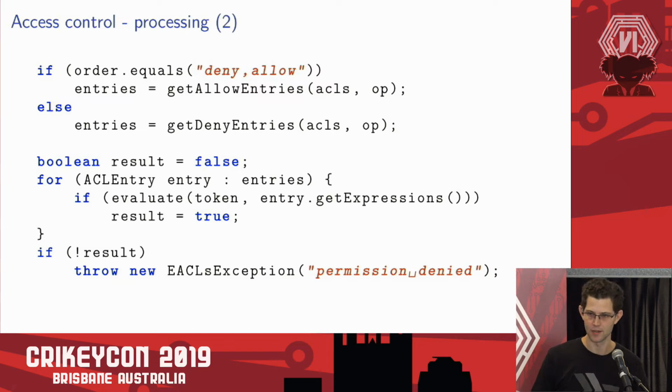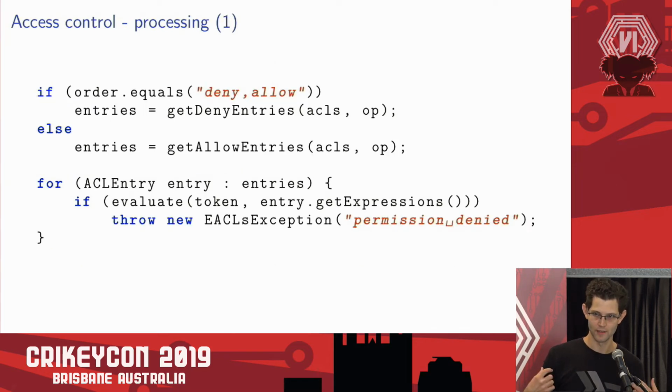Yep, sweet. So does anyone know what is the phenomenon that leads to a bug like this? If you know it, just shout it out. I'll say it's Boolean blindness is what it's called. Anyone heard of that? So a Boolean value is just true or false. What does that mean? What does true mean? What does false mean? In this case, on this particular slide, in the if expression toward the bottom,